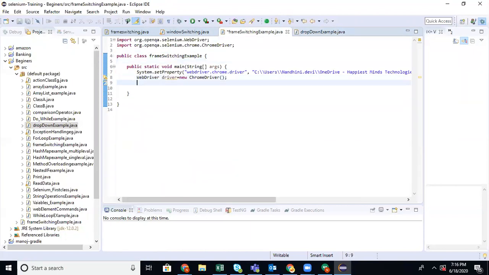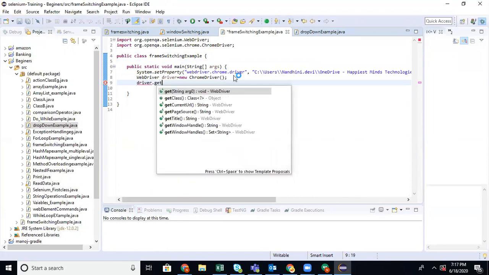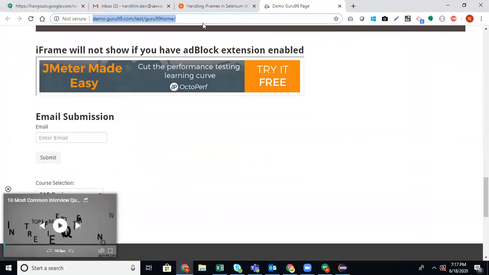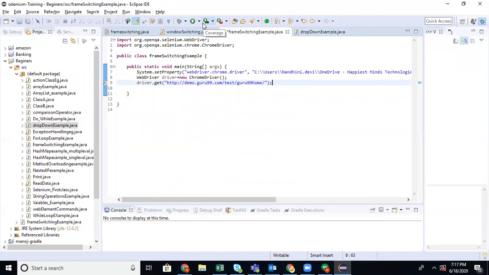This will open the browser. To go to that URL, I'm just using the get command, and here I have to copy paste the URL. I'm just copying the URL and pasting it.